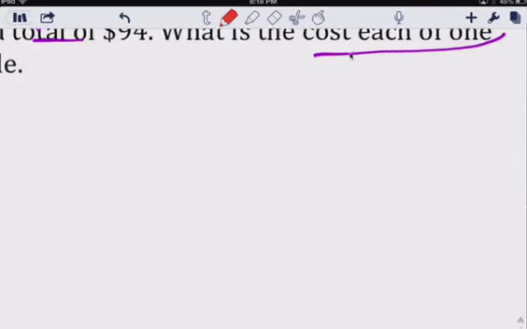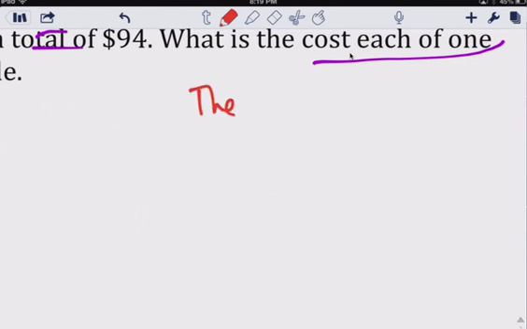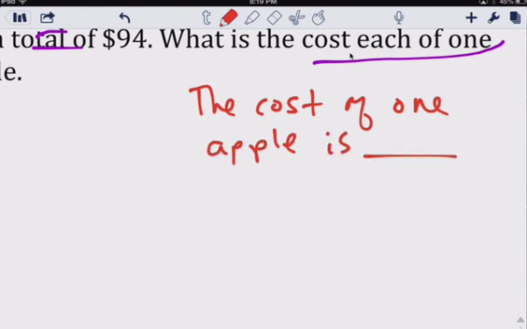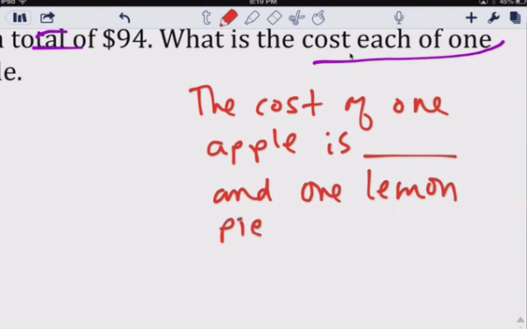The cost of 1 apple pie is, and 1 lemon meringue pie, we'll just put lemon pie to shorten it, is